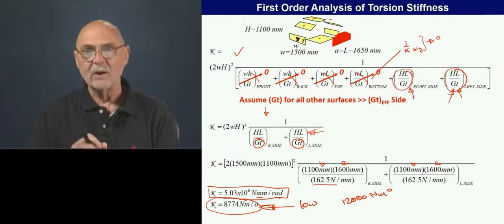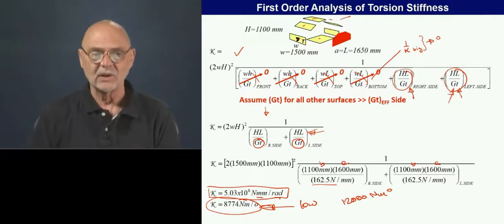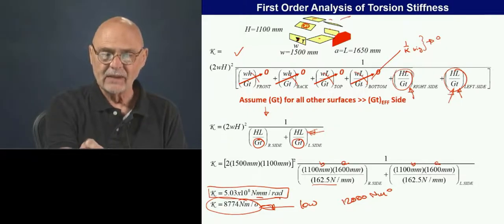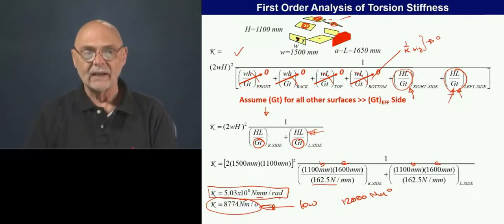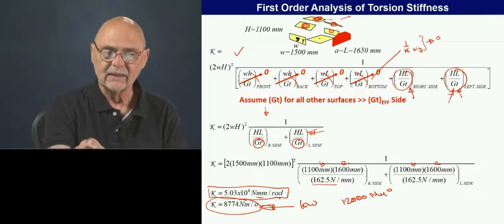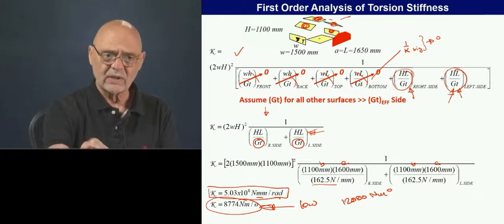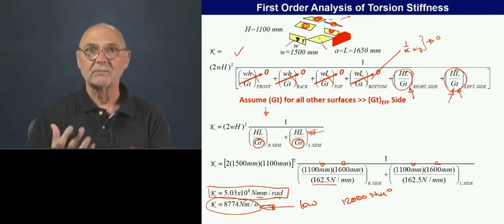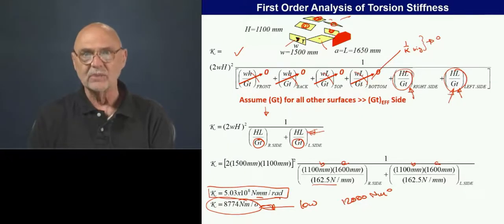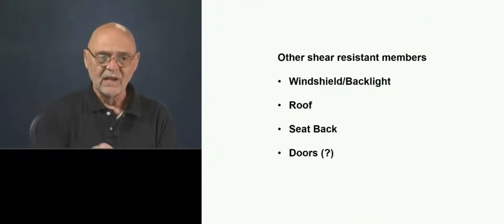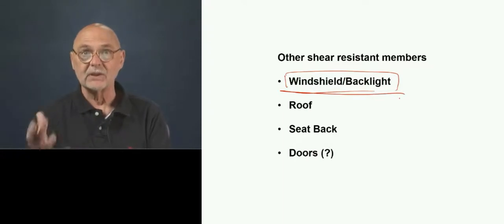Let's talk a little bit now about some of the other panels in the car. What we're going to look at is the backlight and the windshield area, the roof, and then we're going to look at the seat pack. So these are all kind of relevant structures. Generally, the floor and the dash panel are very rigid members, so we don't have to worry about those too much. Okay. So the first one we're going to look at is the windshield and backlight, and generally this is